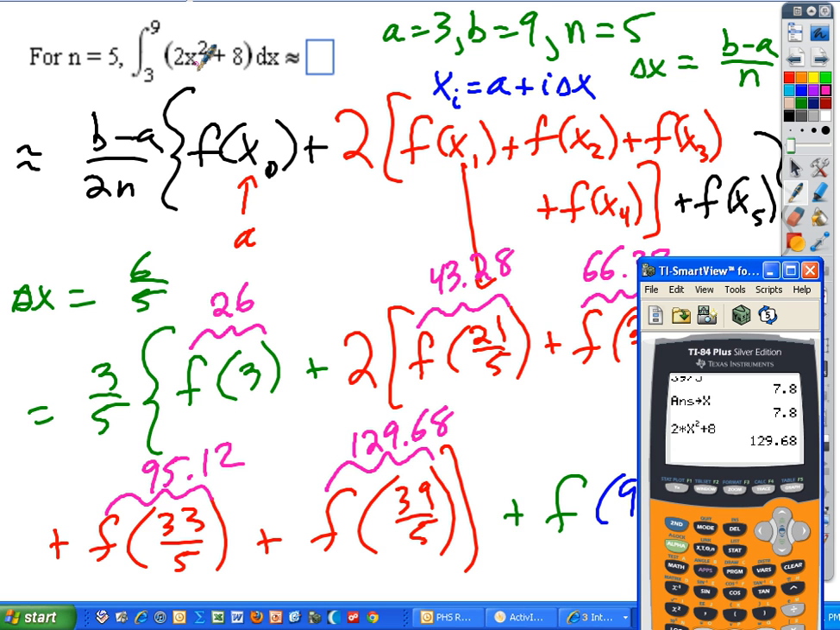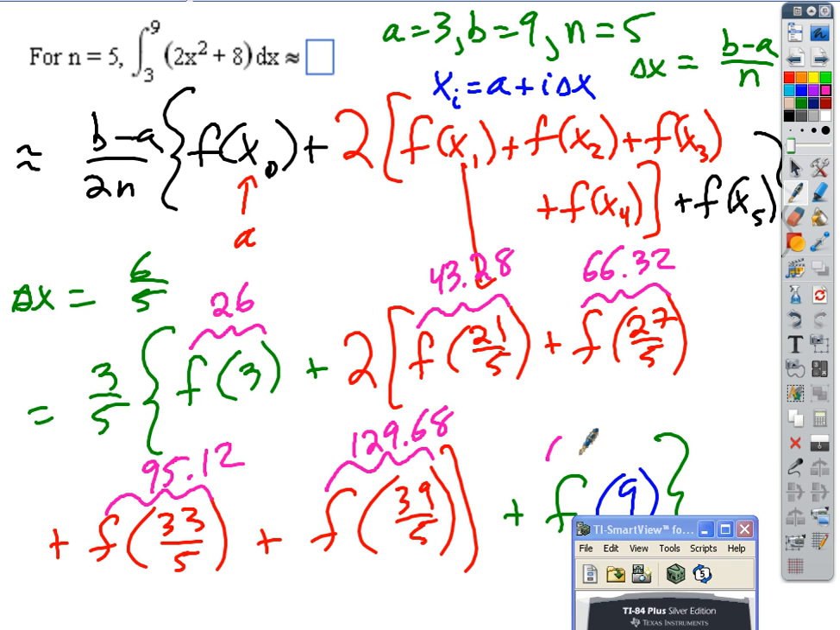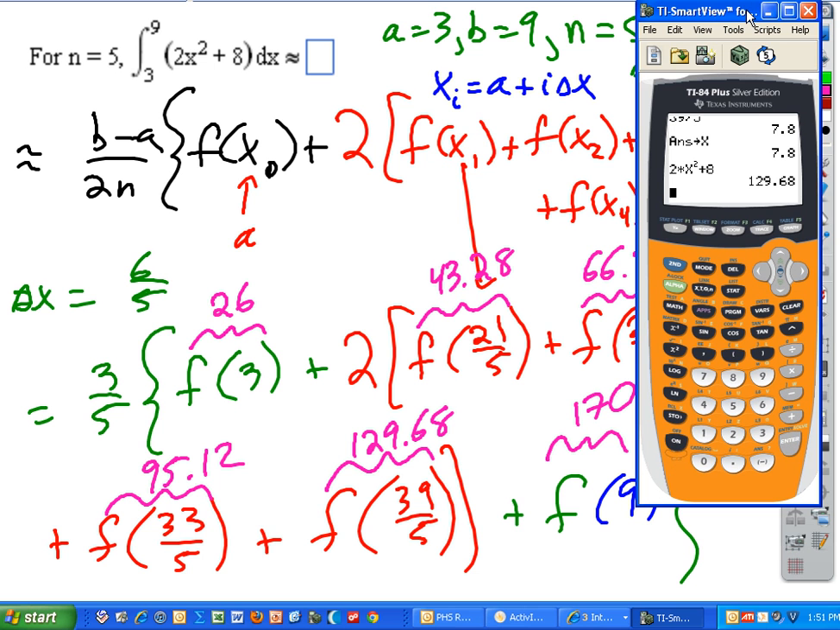Okay, so now we can just add all that stuff up. So we get 3/5, so 0.6 times the quantity 26. Let's add this one too. 26 plus 170 plus 2 times the sum of all those weird decimals, right? 2 times, want to read them off for me? 40, what do we get? 43.28